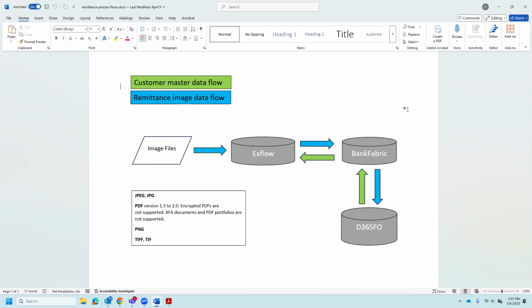It does not support reading email in the body of an email. So as a workaround, the current client is just printing those to PDFs and then uploading them to the OCR engine. And then we do see that it does not support Excel or Word or any other document type attachments. However, there is a roadmap item that we are looking into making